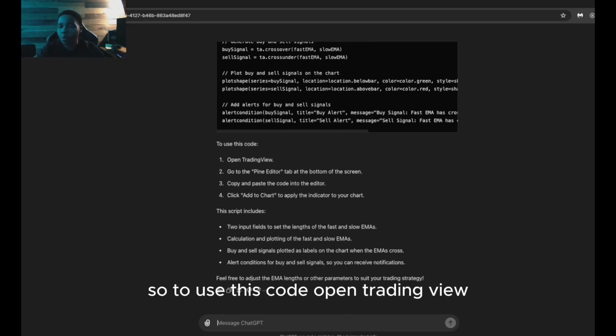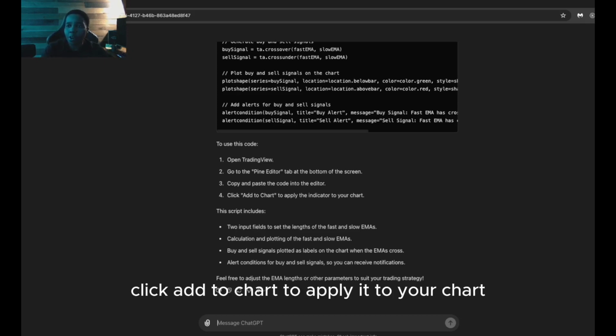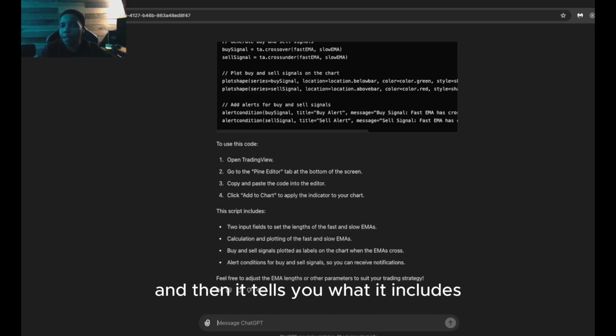So to use this code, open TradingView, go to the Pine editor, copy and paste the code into the editor, click add to chart to apply it to your chart. And then it tells you what it includes. So it's got 2 input fields. So that means that we'll be able to